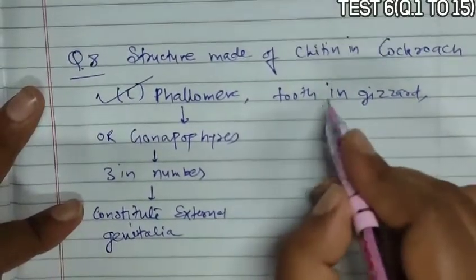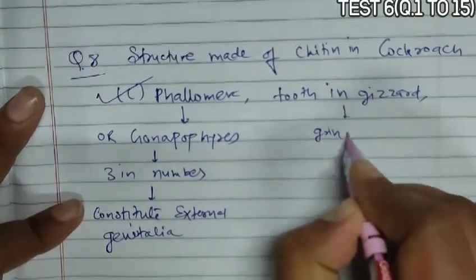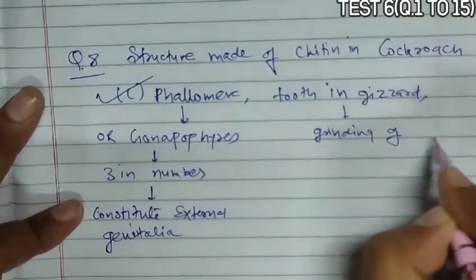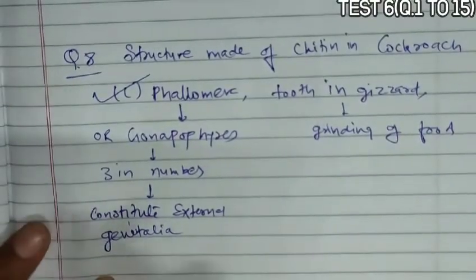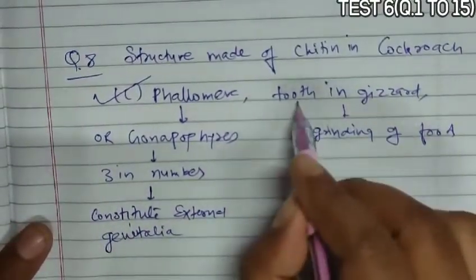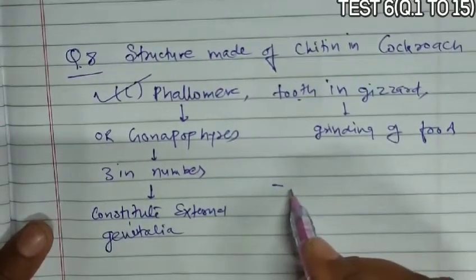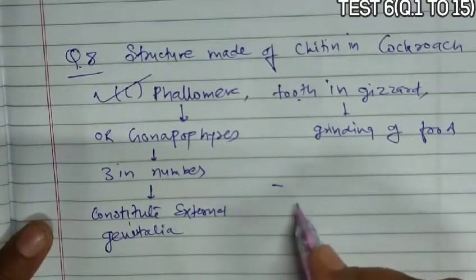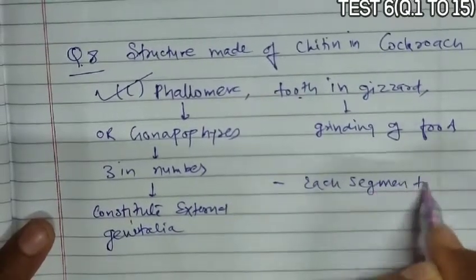Now, if we could talk about the tooth of cockroach, they are used in grinding of food, and they also have a structure of chitin, that is also structure of chitin. And third thing, that is in each segment of cockroach,